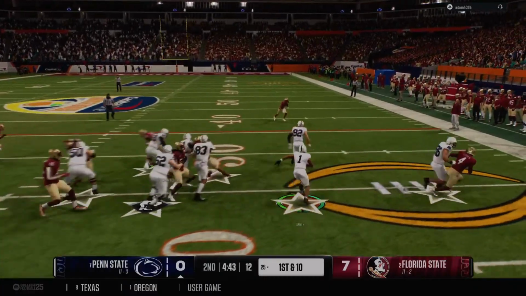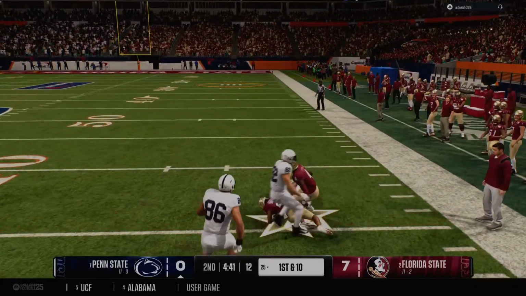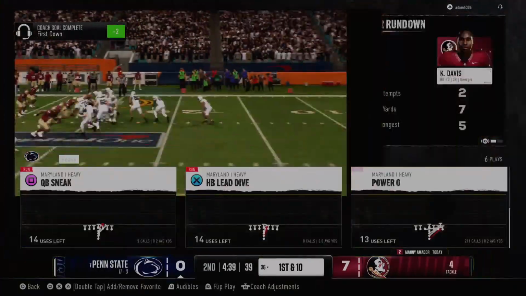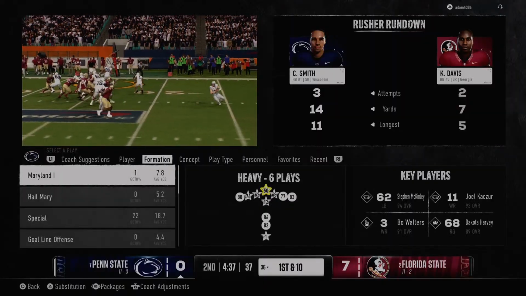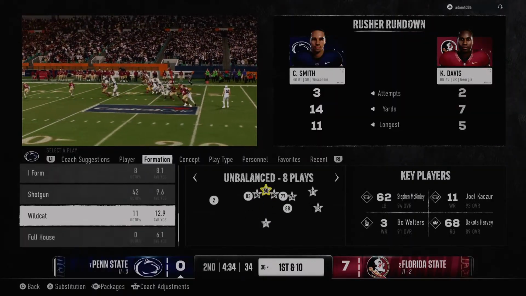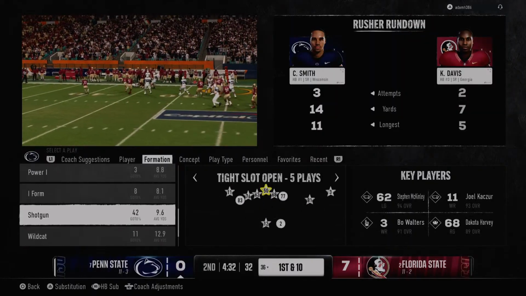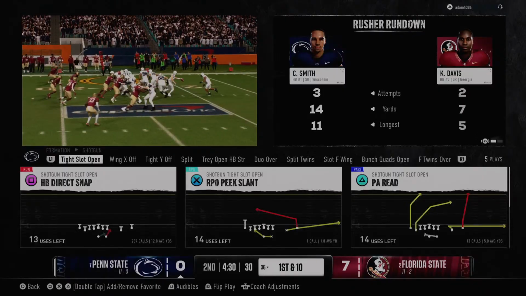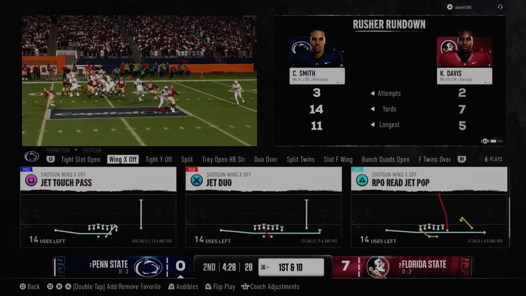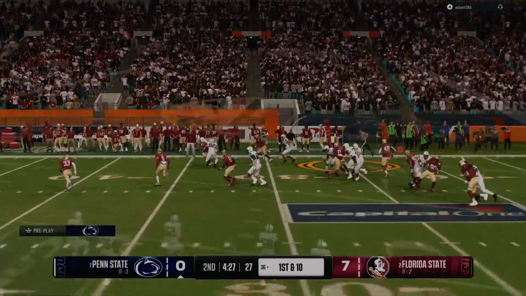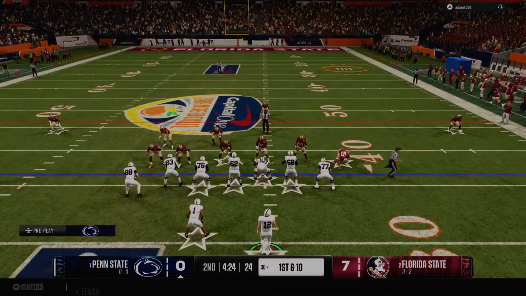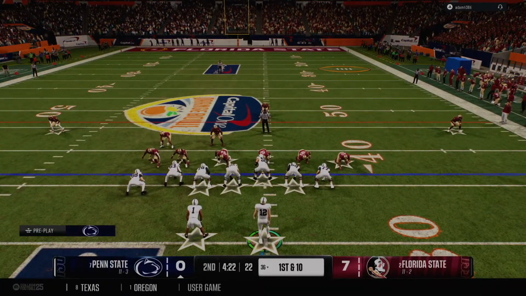Trying to find some room. It's Smith. They get him down, but the gain moves the ball up to the 36. Look, I realize on any play call, when it's properly executed, it can go to the house for a touchdown. But the runs that really make a game plan work are the ones where you get just what you need. And he barely got the first down, but he got it. The running play gives the offense a fresh set of downs.